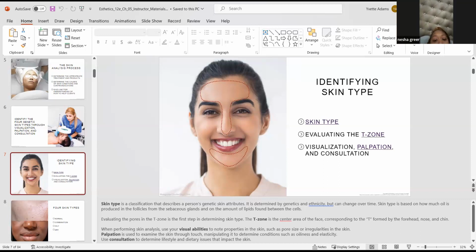Dry, oily, combination, or sensitive. Dry, yes, oily, combination, and so then there's a discussion about the difference between dry skin and dehydrated skin,